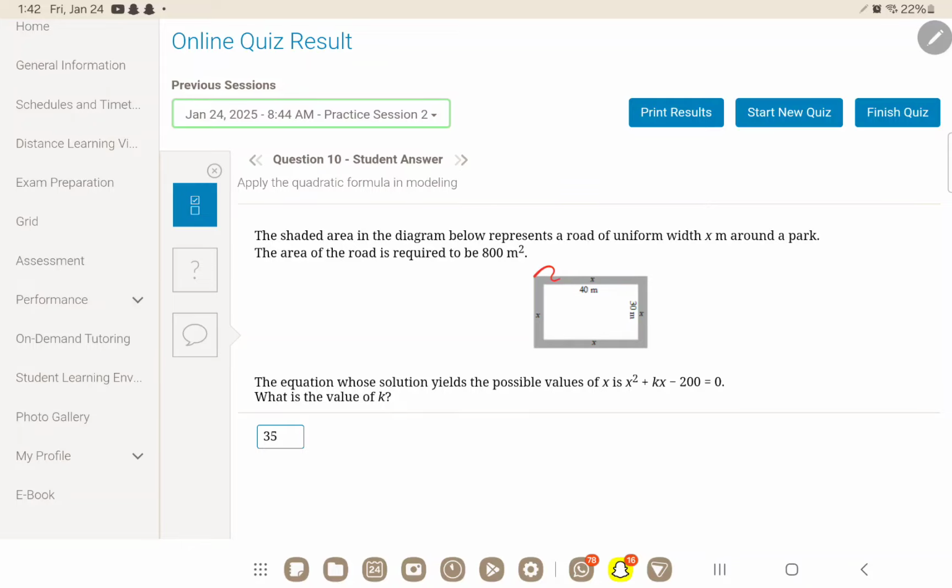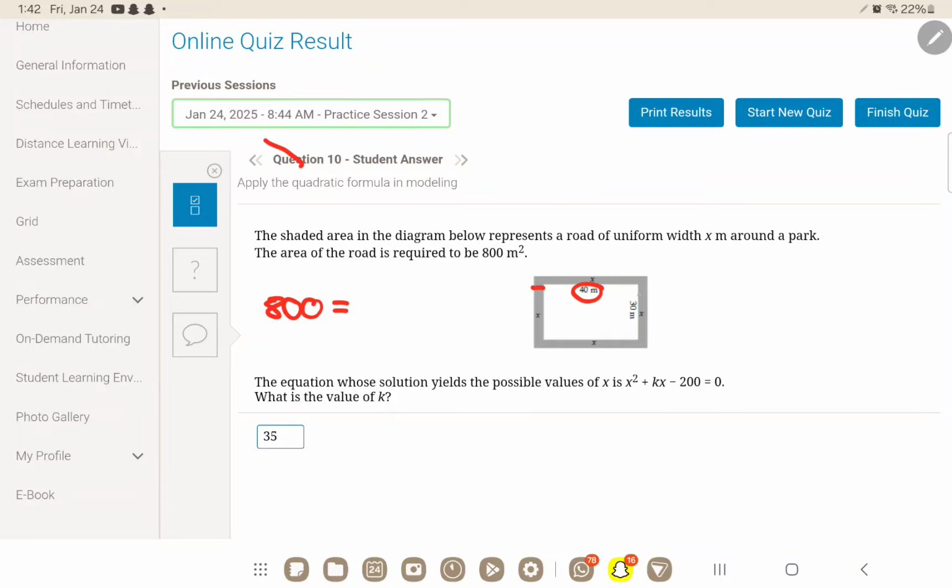We know area is length times width, but we know this road doesn't have this interior. The road's width is x and its length is x. So we need to find that x. So what's the area of this road? It's 800 equals